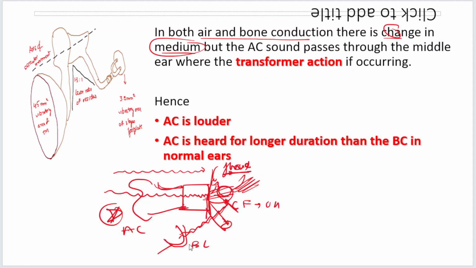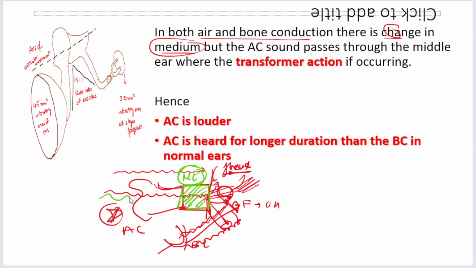In bone conduction, the vibration has to pass through the skull to stimulate the cochlear fluids. Okay. In both there is stimulation of the cochlear fluids, and in both there is a change in the medium. But what is really different about the air conduction is that it is passing through the middle ear transformer